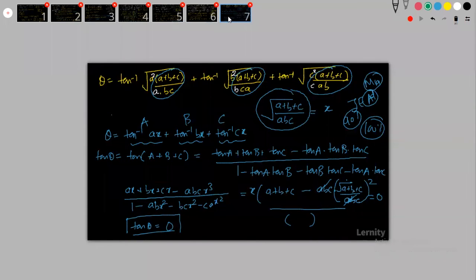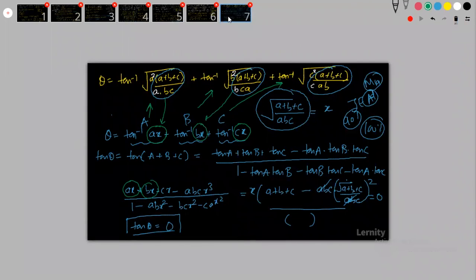See, theta is equal to tan inverse of this thing, tan inverse of this thing, and tan inverse of this thing. So I know this will be angle A, this will be angle B, this will be angle C. Okay, I know angle A, angle B, angle C, right? So see, even if I do not write in terms of AX, BX, CX, there is no problem. But see, this thing I have to write again, also here I have to write the whole thing again, and here also I have to write this whole thing again.